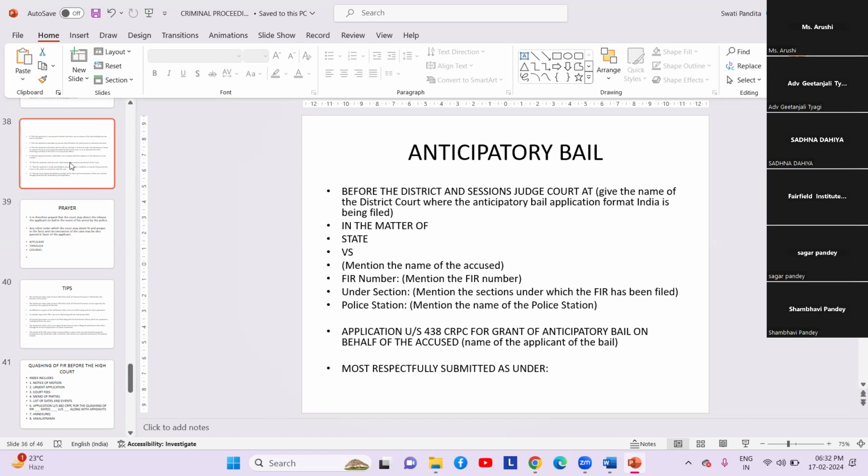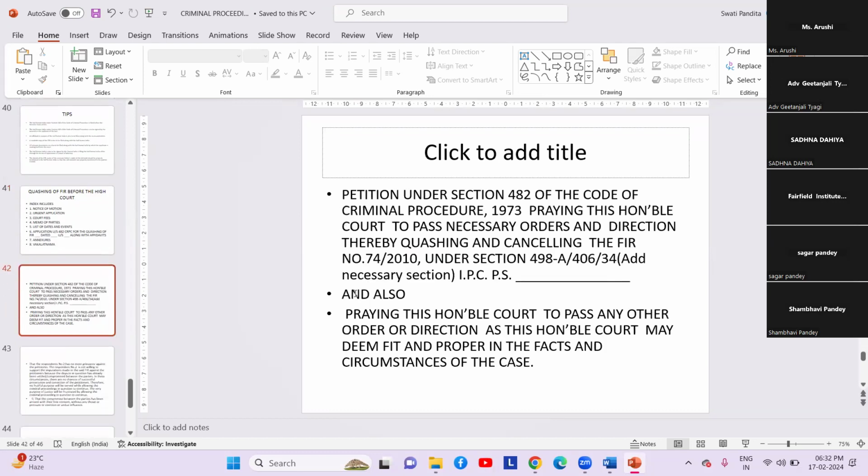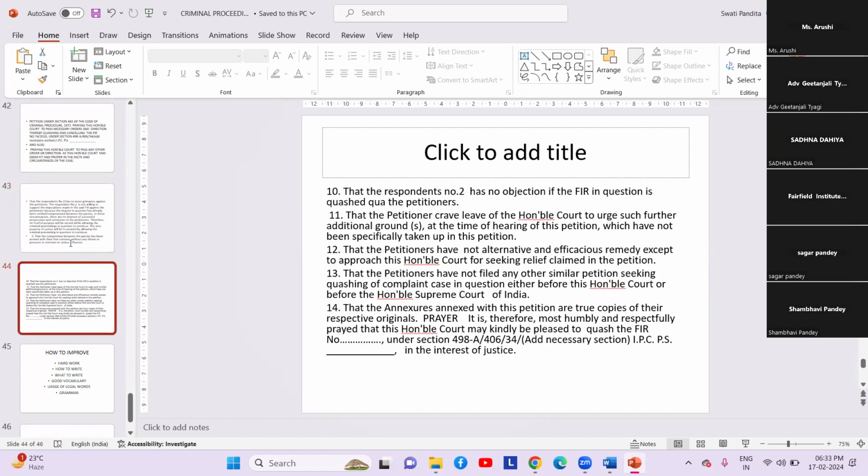Only a high court can quash an FIR once it is lodged. Or else, yes, there is also an alternate. When the charge sheet has not been filed and the trial has not commenced, then the police officer can file an FR, which is called a final report, the closure report, and they can also close that FIR if the matter has been settled between